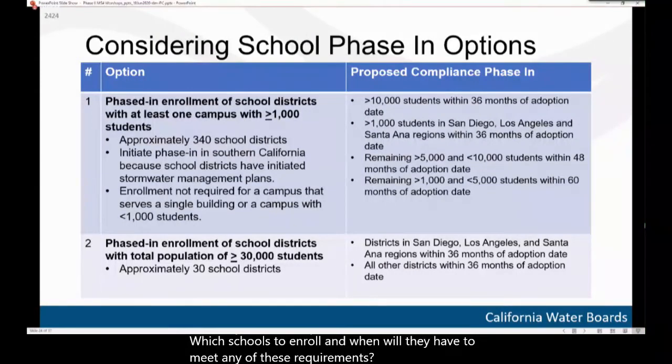So this table is showing both. On the left column, it's showing criteria we're considering for which schools to enroll. And then on the right column, it's showing how we might phase those schools in over time. So we're considering the phase in because